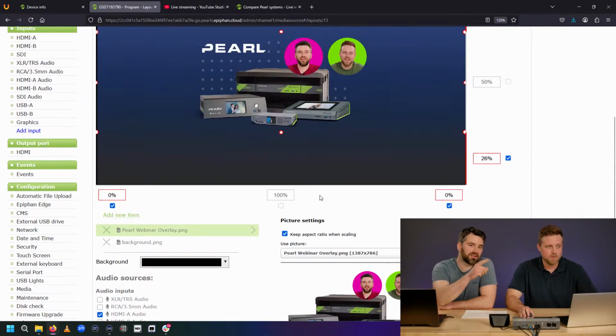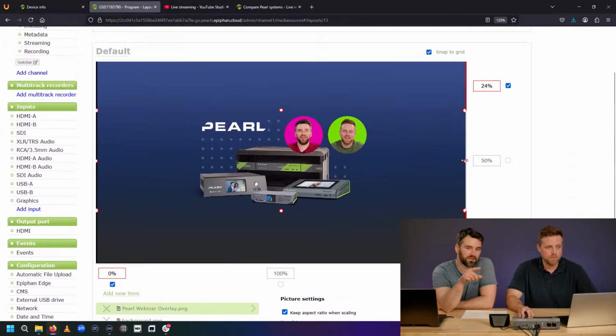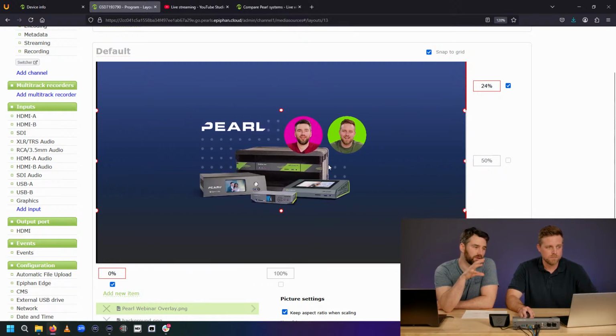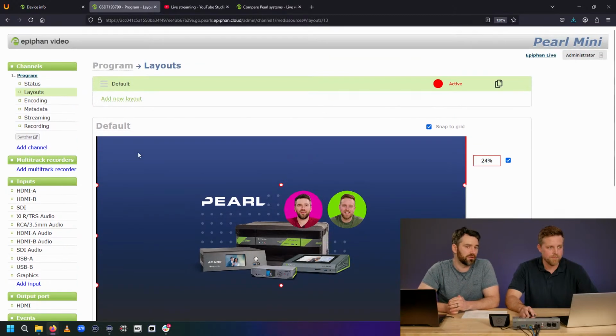A cool thing that Dan just did there, you saw he grabbed the vertical middle dots there. Well, if you have something and put it in the middle of the frame, if you drag out both the sides, it'll center it exactly in the middle there. If you wanted to, you could pull the top and bottom one, it would make it full frame, and so you have lots of little ways to make things nice and centered in your frames.